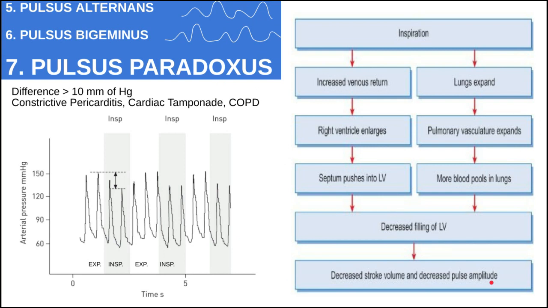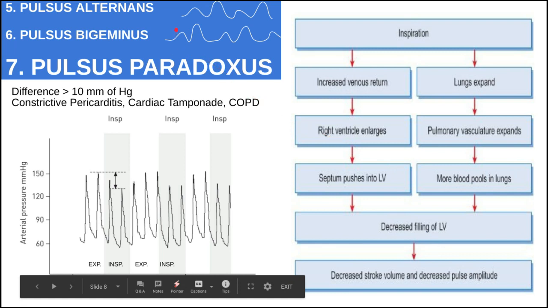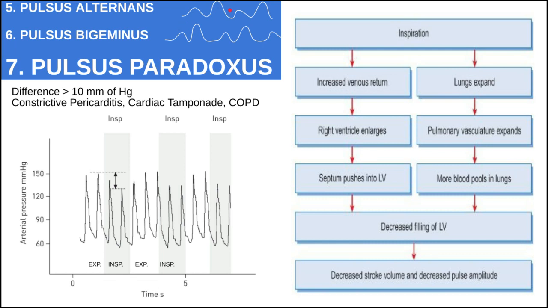Then pulsus alternans is alternate small and large volume pulse, and a similar pulse is pulsus bigeminus. Both have alternate low and high volume pulse, but in addition, bigeminus has a pause after a fixed period. This is a pause after a small and large volume pulse. Similarly, this is a pause between two pulses. So it is found in second degree heart block.